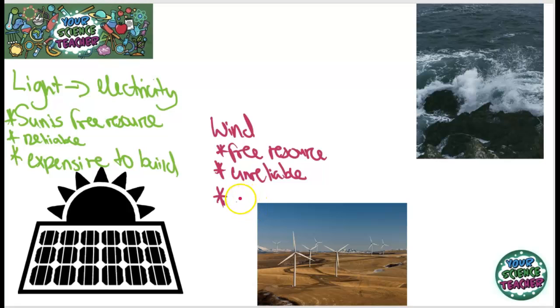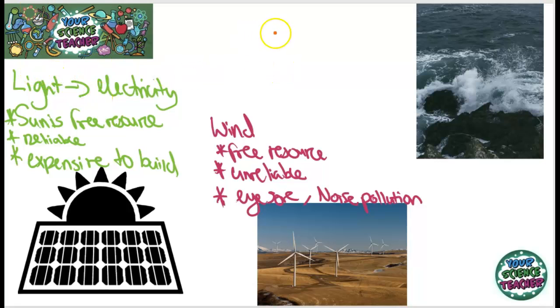In addition to that, people sometimes class them as an eyesore. People don't want them to be built close to their homes. Also, they cause a bit of noise pollution as well. They are quite loud. If you've ever stood near a wind turbine, they can be quite noisy at times.